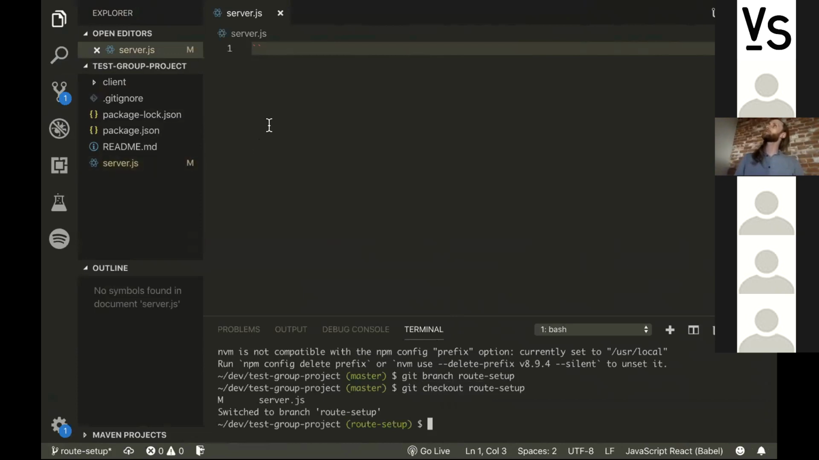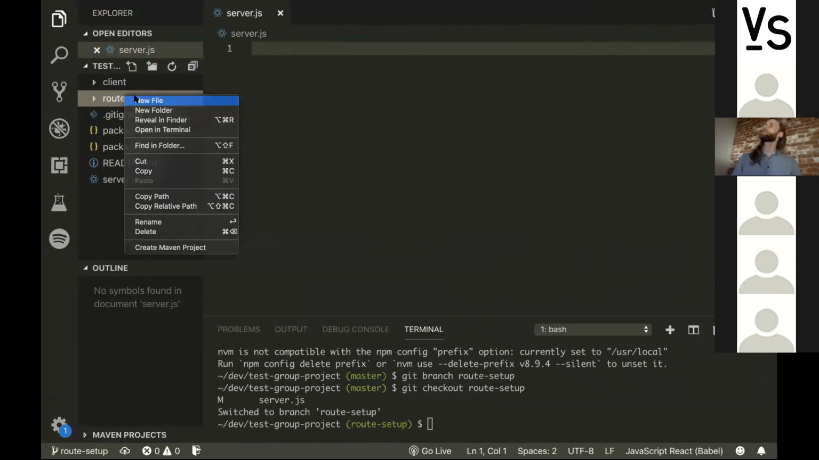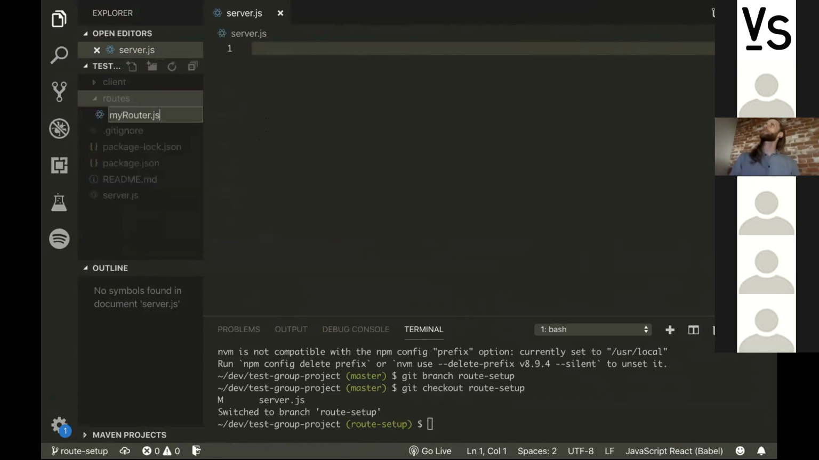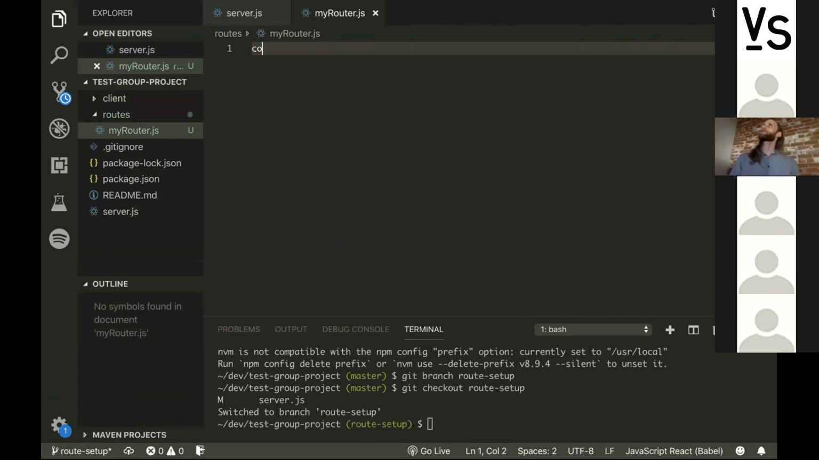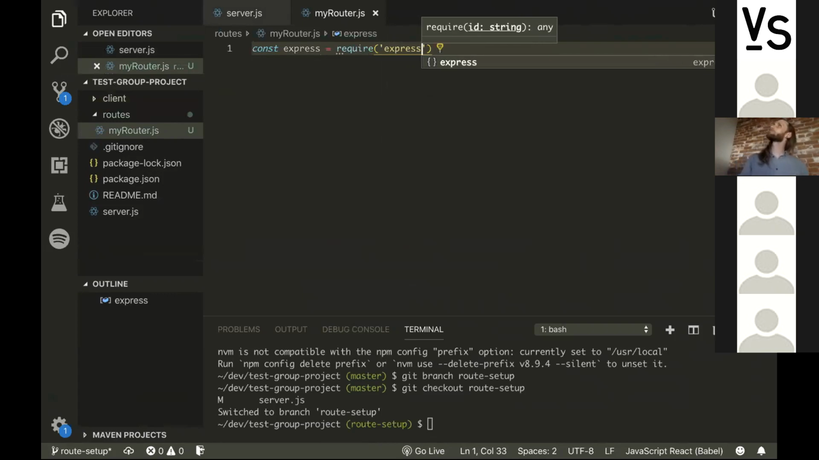So I will create a directory called routes, and I'll make a file in it called myrouter.js, and I'll just import Express. Okay, and I get done with my work before the person that made the repository does. So I'm going to git add all, git commit,